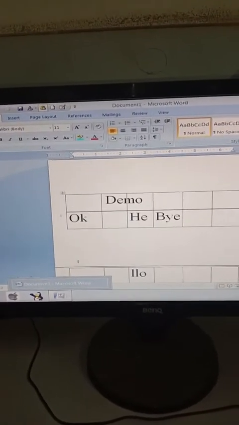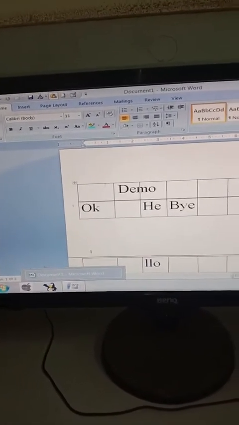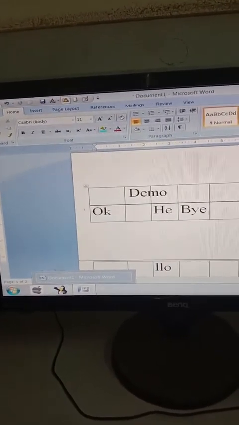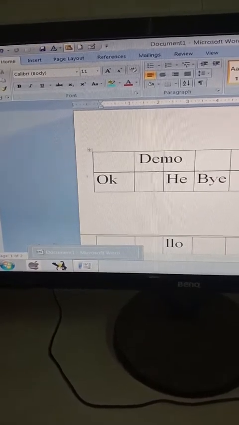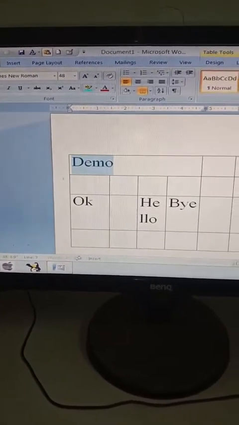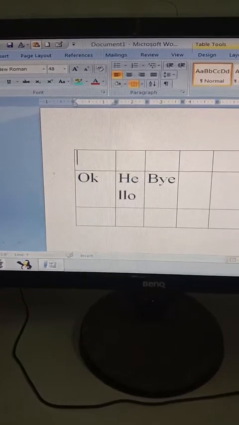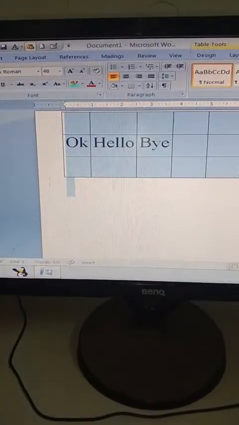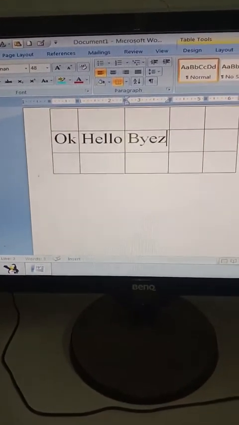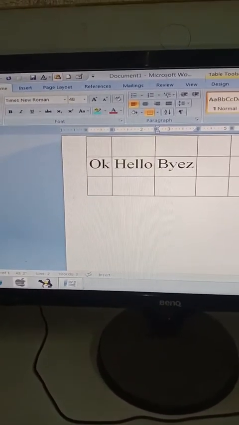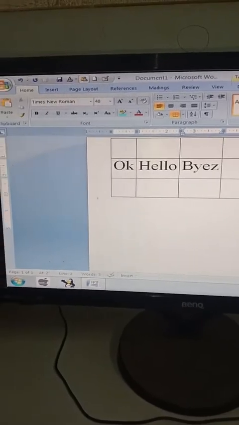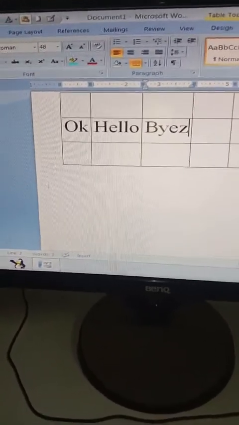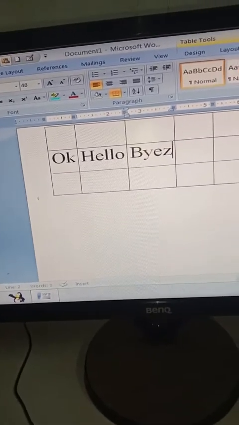So this was all about the table and its formatting effects. So next what we are going to discuss over the next topic is auto format. So what is auto format? We can say auto format means automatic formatting features. The formatting which is done automatically by the system. So we don't have to do much in that. We just have to follow the guidelines and then the formatting will be done by the system alone.